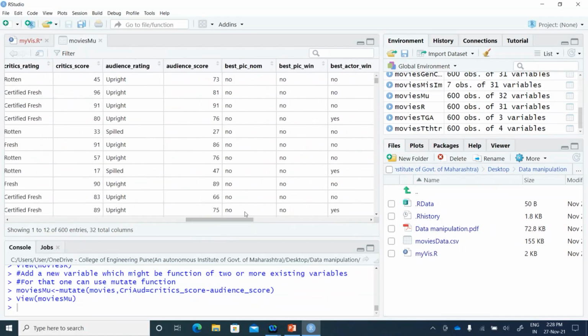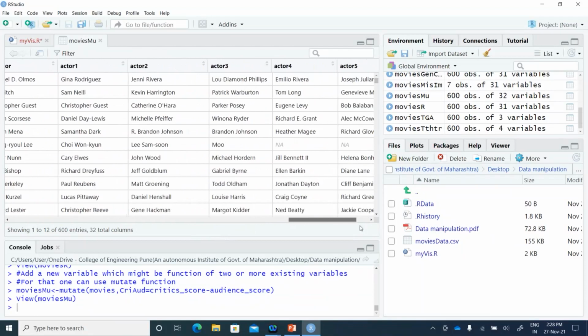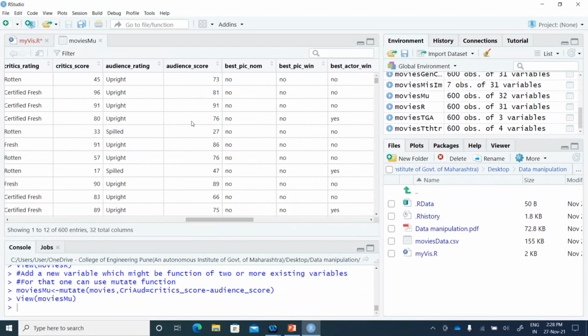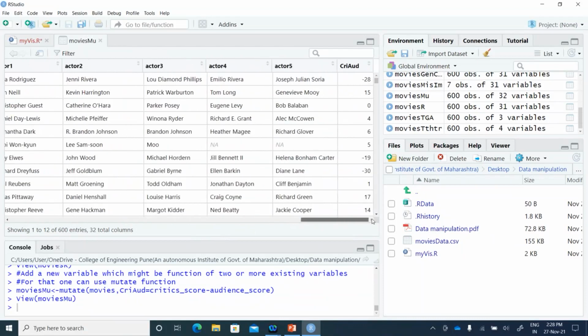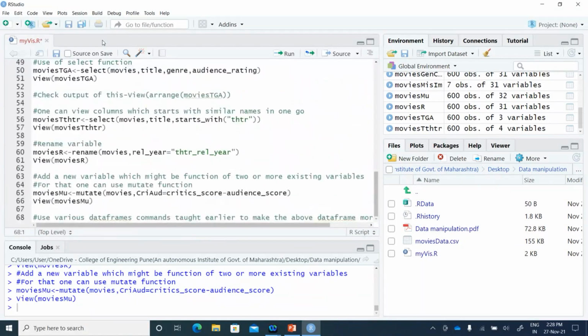So let's check the values in the last column. Yes, you can see here minus 20, 50, 0, and so on. So this is how one can use the mutate function.